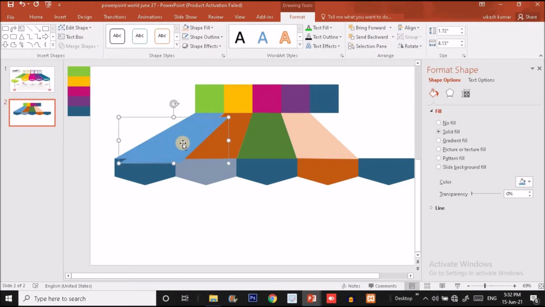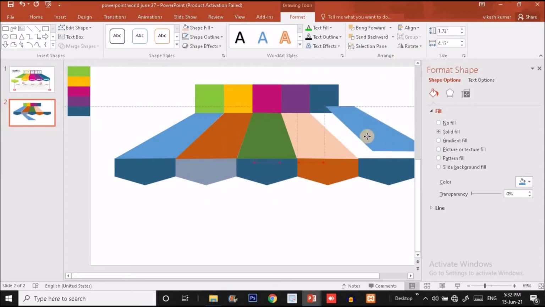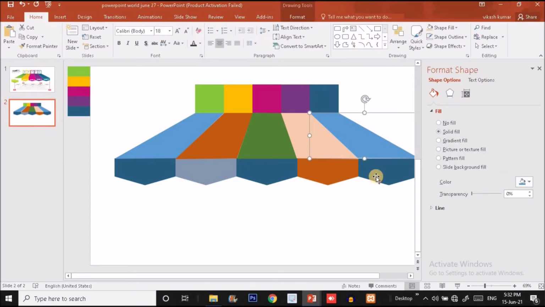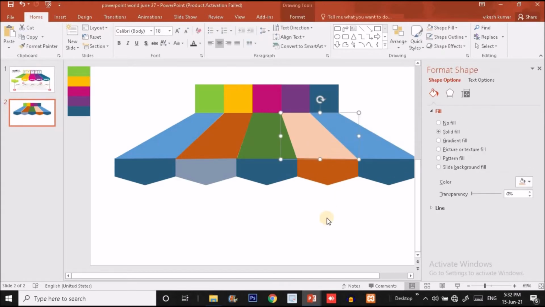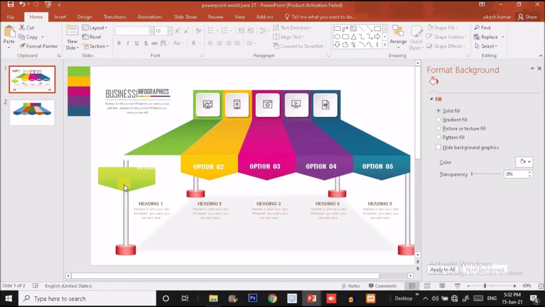Again I'm going to select this and press Ctrl D to make a duplicate copy and flip it horizontally like this. Put it over here. Okay guys, hope you got it. Now it's time to fill it with the color.